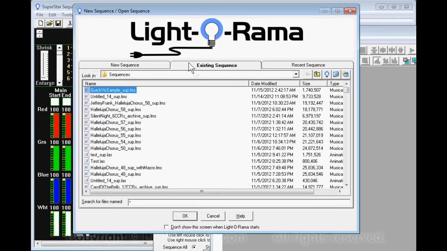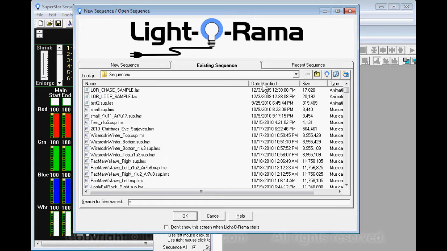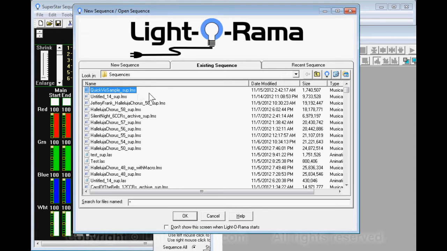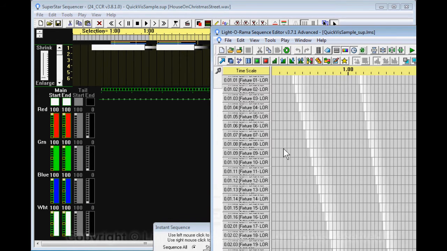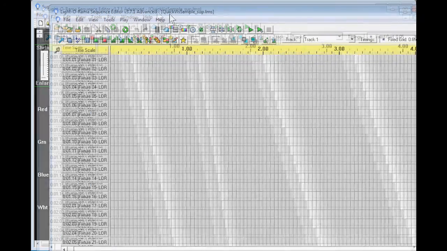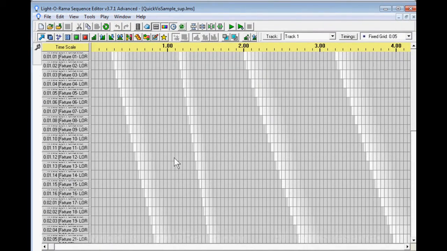I have the existing sequence tab selected, and I have my files sorted by date modified, so the very top one here is my quickviz sample sup.lms file. We open that up, and it's there. You can see these are all the patterns that it came up with,